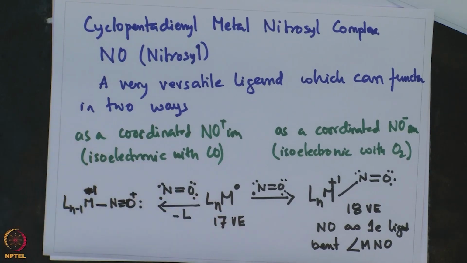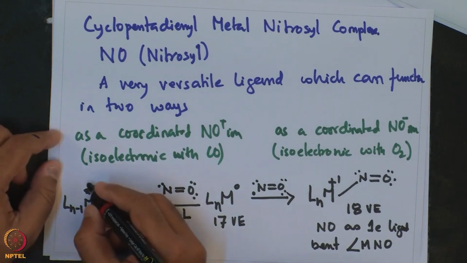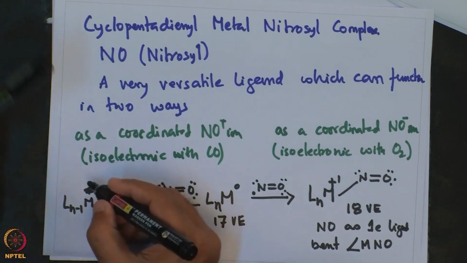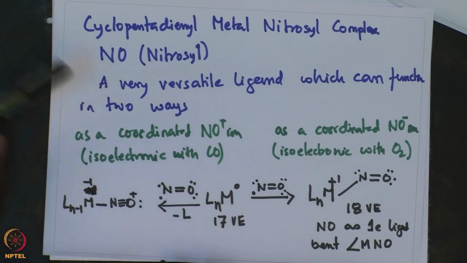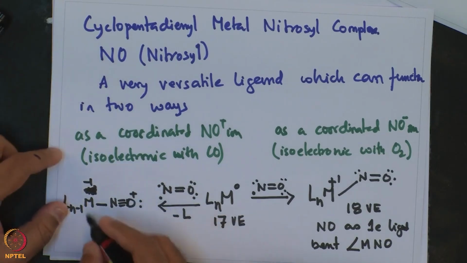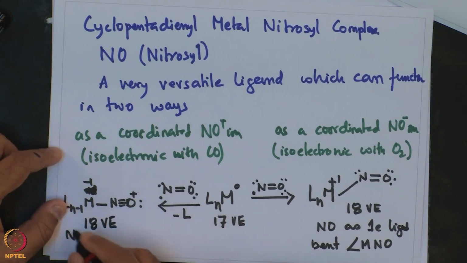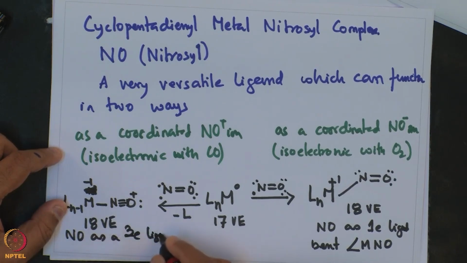So, it will have a conformation of this type. This is minus 1 and this is plus. So, overall it is a neutral molecule, and then it also has 18 valence electron configuration, NO as a 3 electron ligand and linear